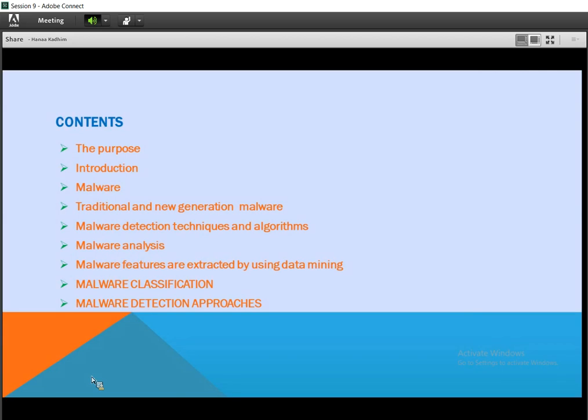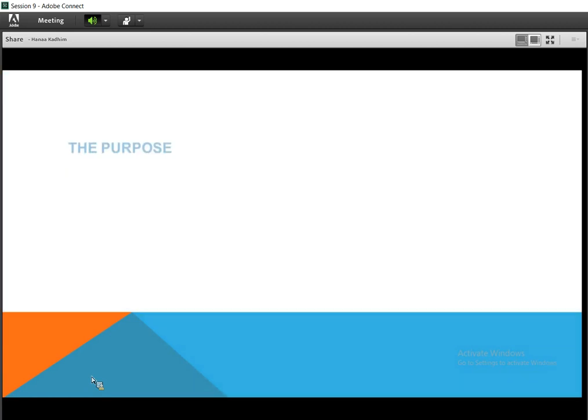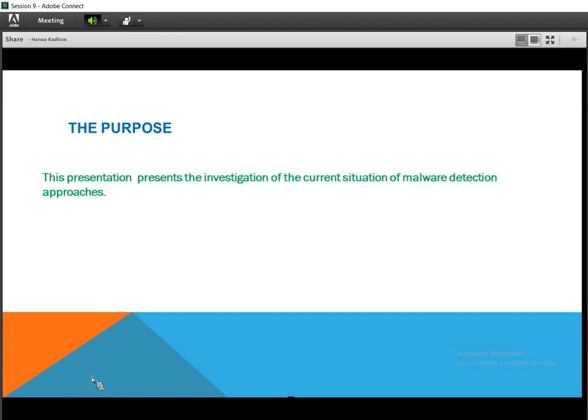Malware, traditional and new generation malware, malware detection techniques and algorithms, malware analysis, malware search and data mining, malware classification, malware detection approaches. The purpose: this presentation presents the investigation of the current situation of malware detection approaches. The presentation makes the following contributions.